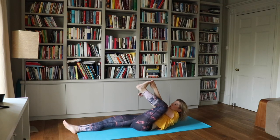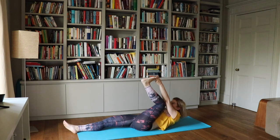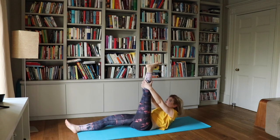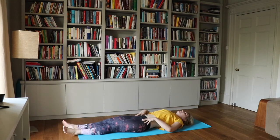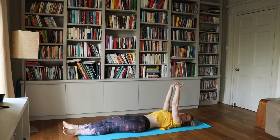So first grab the big toe and just keep it there. Here we're working with the hip a bit. Maybe lift off the ground, maybe stay there, whatever feels more comfortable. If you can stretch it, just stretch it, and work like this. If you cannot stretch it, just grab the calf muscle and lift up. And release it down. Okay, so now for the final pose, it's going to be involving the legs, but it's